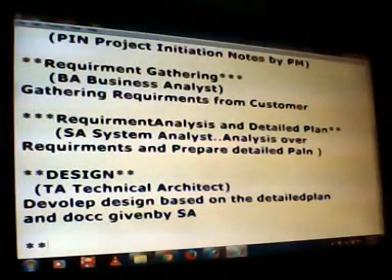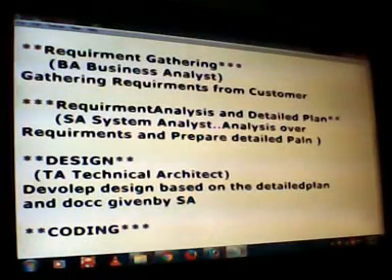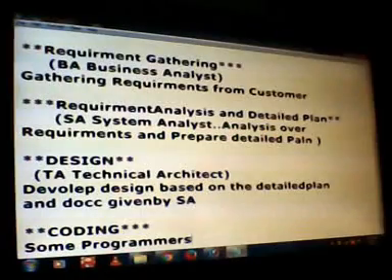After completion of developing the design, the technical architect is going to forward the design to the programmers, where they develop the build.